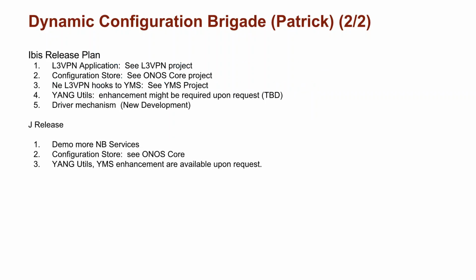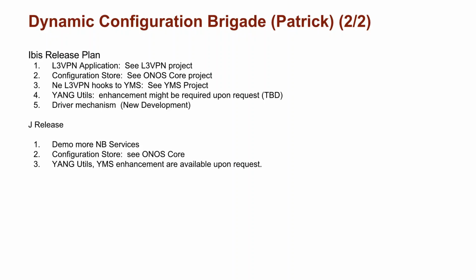Okay, page 2, Patrick. Yeah, it's page 2. It's basically the plans. We have multiple dependencies. Now you see we have dependencies on the layer 3 VPN application. We have so many other plans, right? So that we have the stored dependencies and